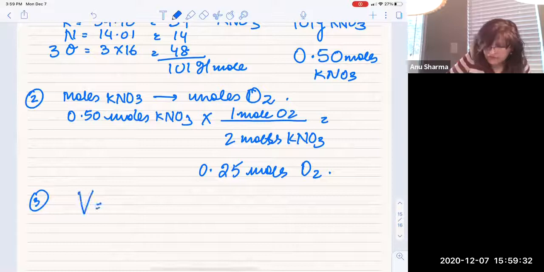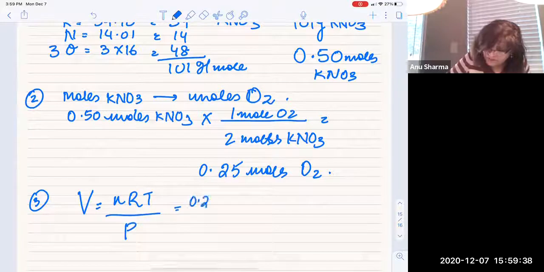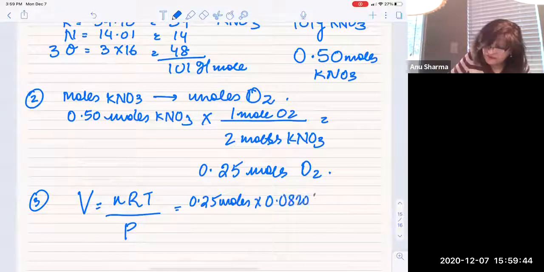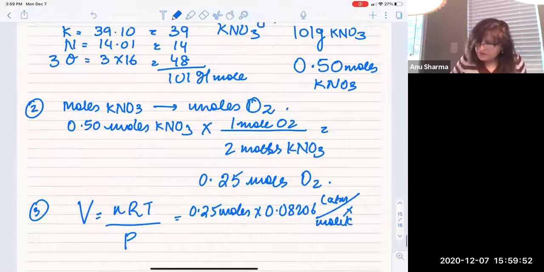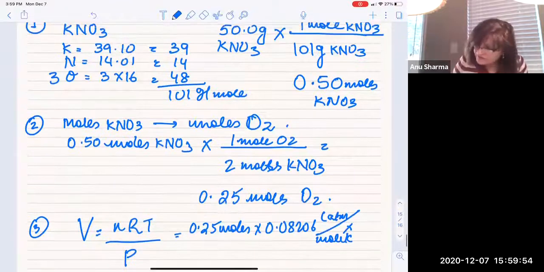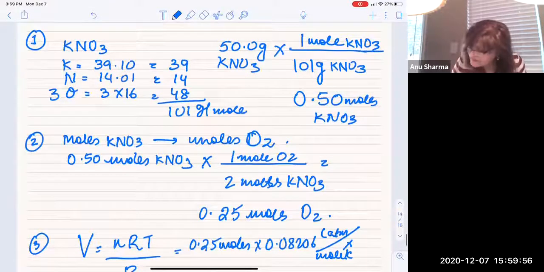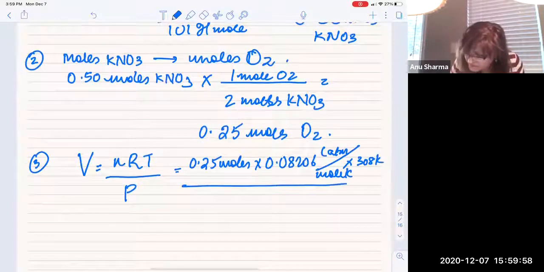So volume is equal to nRT over P. n is 0.25 moles, times 0.08206 liter atmosphere per mole K, times, what was the temperature? 308 K. Okay, over pressure was